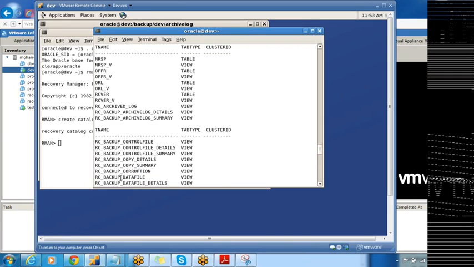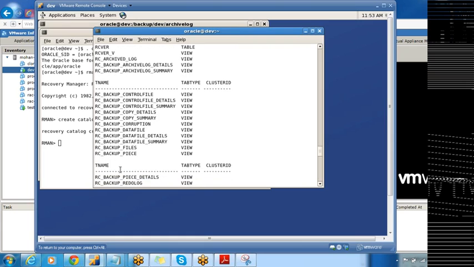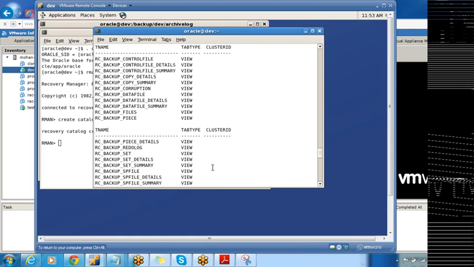Yeah. So if you go for rc_backup_data_file, it will give you the data files which are backed up. It will give you the size of the backup file and everything. So all these objects will store the information about those backups. It will give you backup piece information, backup files information, backup set information,